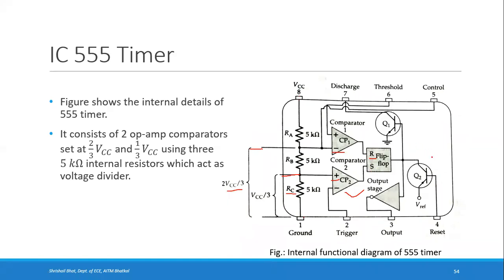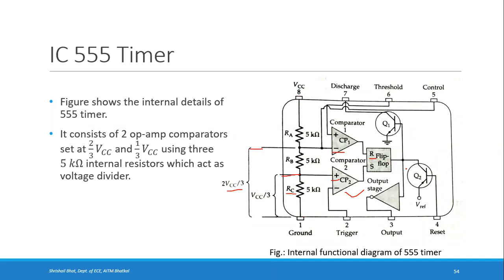Output will be set in the sense that the output will become 1. When R is 1 and S is 0, the output will be reset. Reset means it will become 0. A flip-flop has two pins at its output. One is the actual output Q, and its invert is called Q bar.